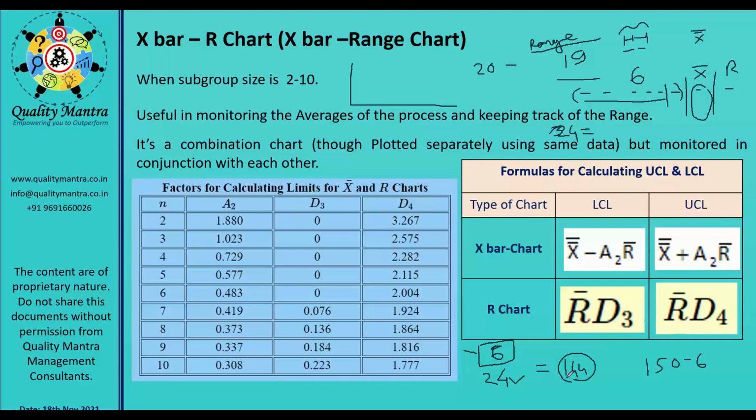To monitor the variation, is it not? You are utilizing the control chart to monitor the variation. And if these 6 samples are representative of the entire process during that 1 hour, it means there should not be as much variation within that. So instead of plotting these 6 samples, you are plotting only 1 point. Then another subgroup can be here. So that will give you a proper trend of where the process is moving.